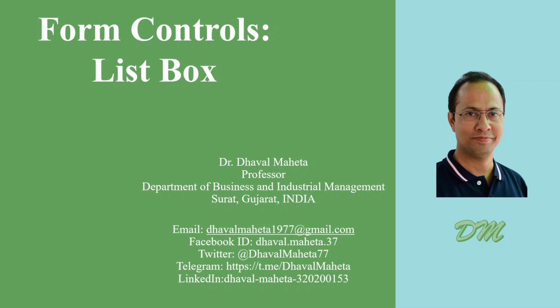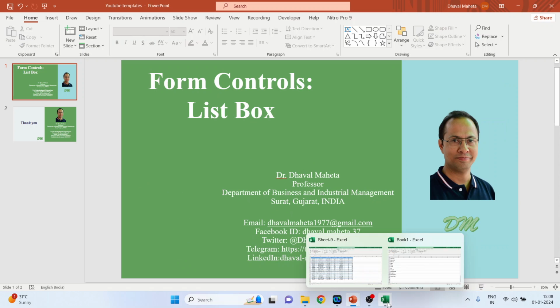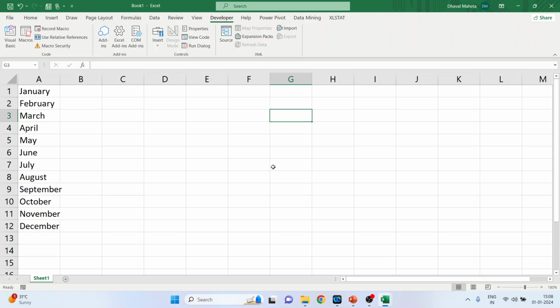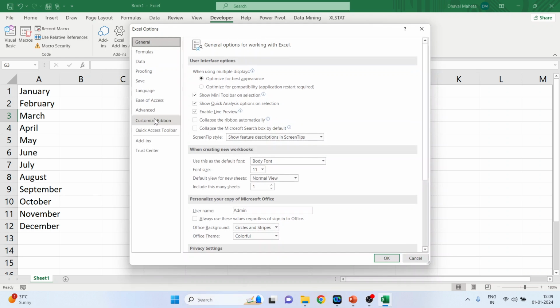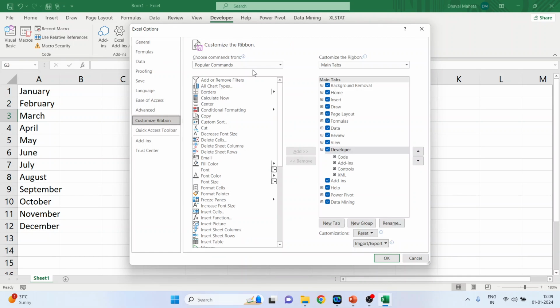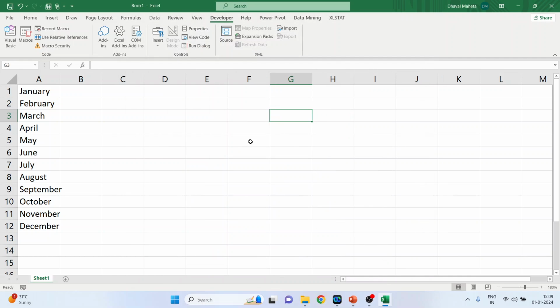This is Dr. Dhaval Maheta, and today we'll understand the form controls list box in Excel. To use a list box in Excel, it is necessary that your developer option is active. How to activate it? Go to File, Options, Customize Ribbon. In Popular Commands, in Main Tabs, make sure that your developer option is ticked. Click OK. Now activate from here